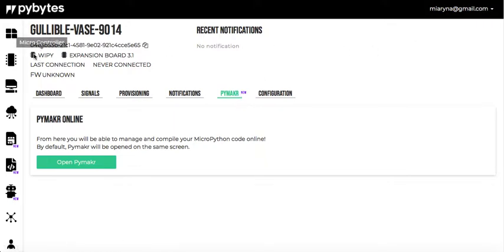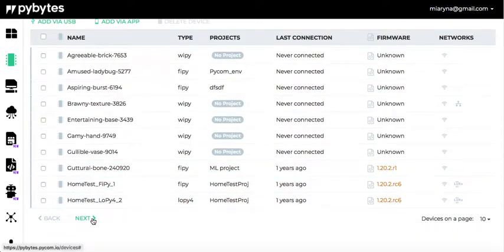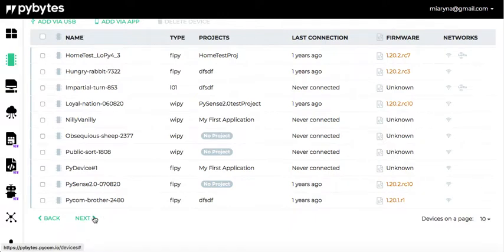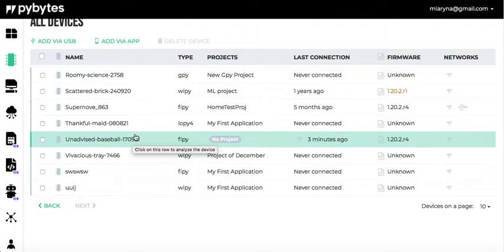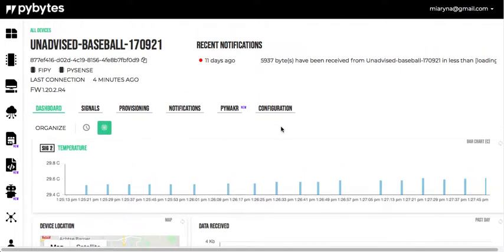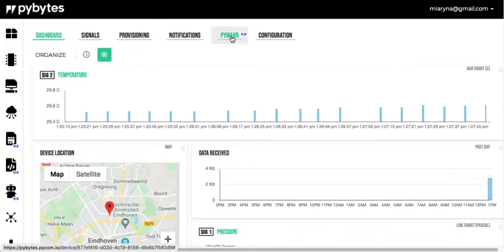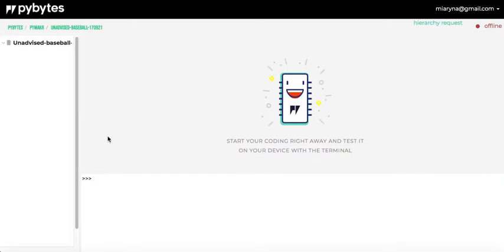And if I open one of my actual devices that is working in my home and measuring some ambient metrics like temperature, humidity, and pressure, we will see the dashboard already full of data. And if I go to Pymakr online, in order to show you what kind of code I uploaded to the device,